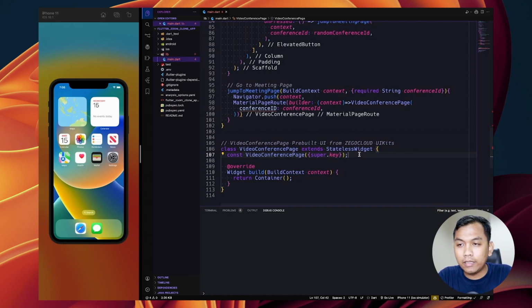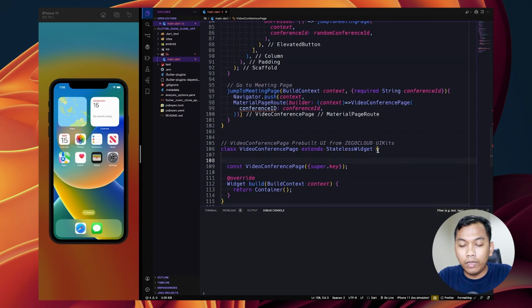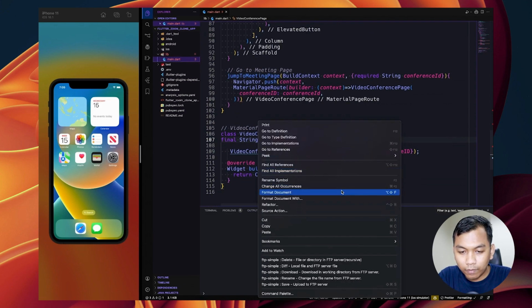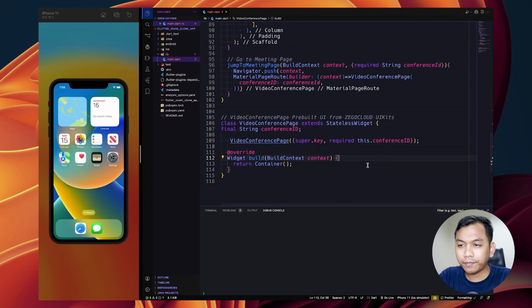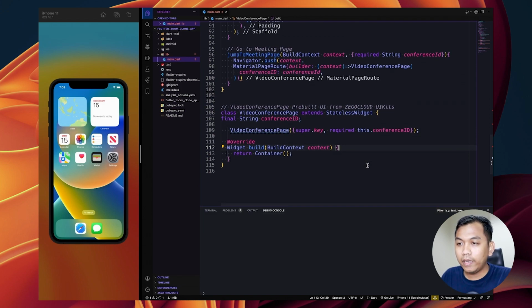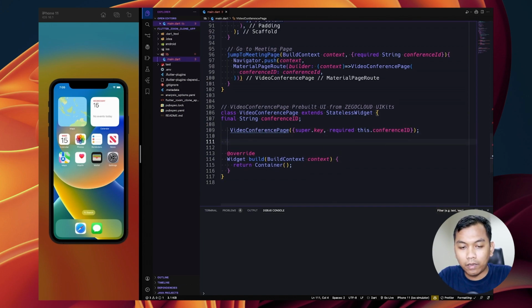And inside this, we need to create a variable, name it as conferenceID, remove const, and what we have here, we need to say required this.conferenceID. All right. And here, let's call